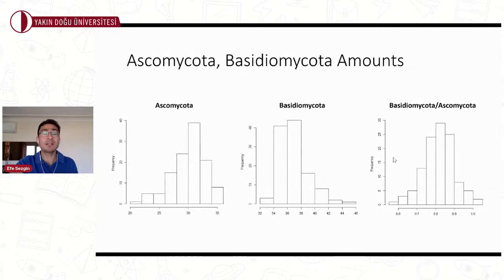Okay, so when we look at the results, indeed, in these DGRP lines, in 120 of them, there is a distribution of Ascomycota. Some of the lines have very little, some of the lines have quite a lot of Ascomycota, the fungal taxa inside them. So is the case for Basidiomycota. There's a range of them, which is quite nice and interesting to do. And so the ratios are also changing. So there is clearly a diversity of fungal microbiota in these DGRP lines.